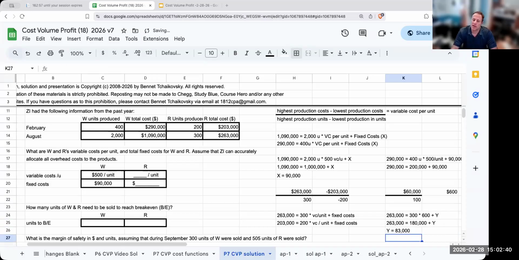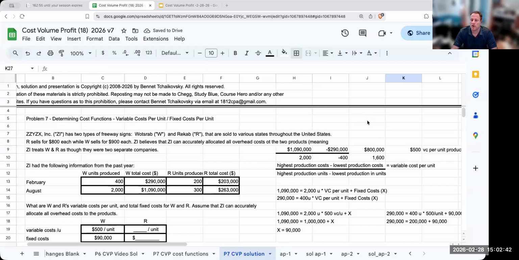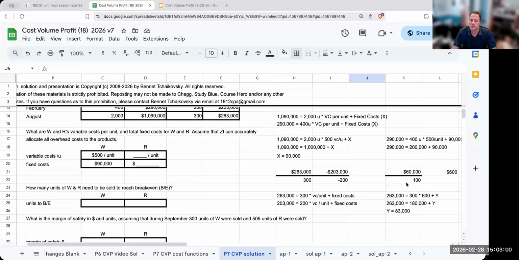Okay. So again, when we look at this total cost, my total costs are going to be equal to my variable costs plus my fixed costs. That's really what we're trying to go through. And using this, we're trying to figure out how much was the fixed cost? How much was the variable cost? So if we know that this is in fact 83,000 for this equation here, then we should also be able to say, well,